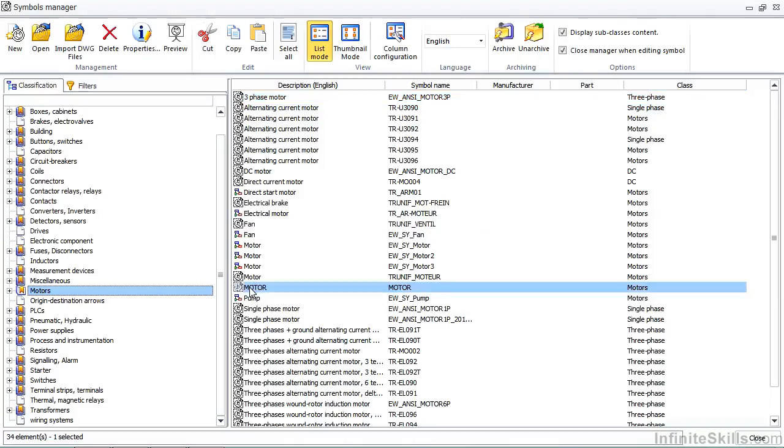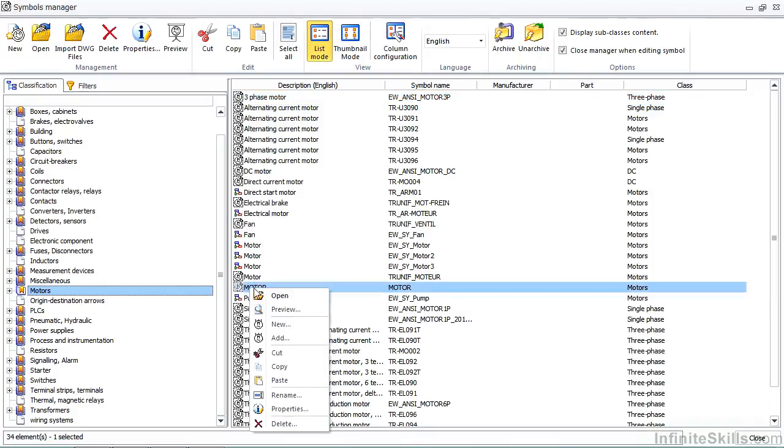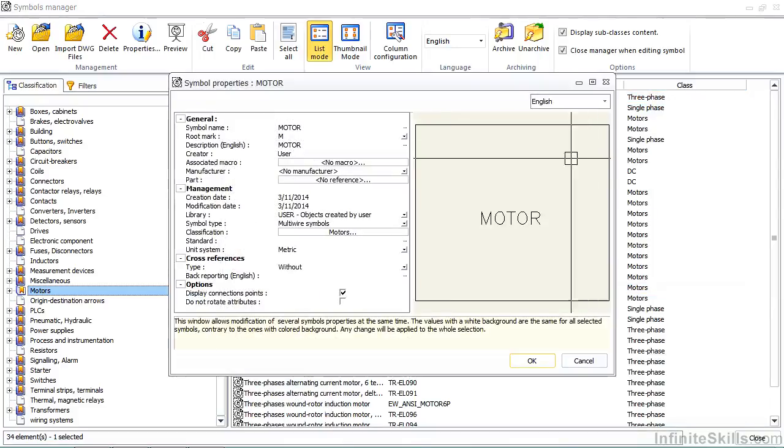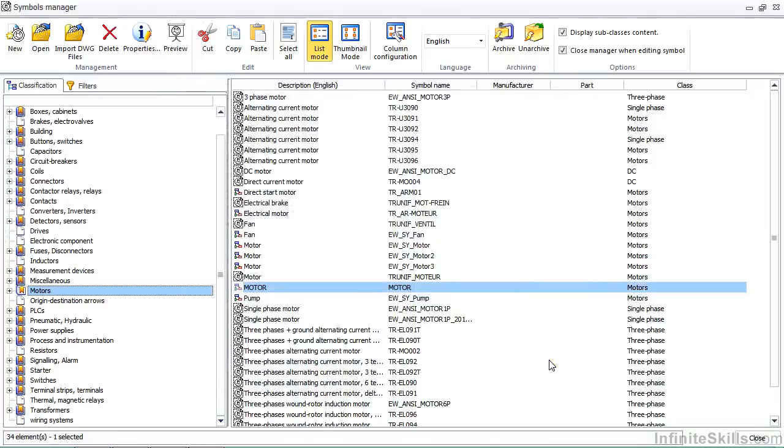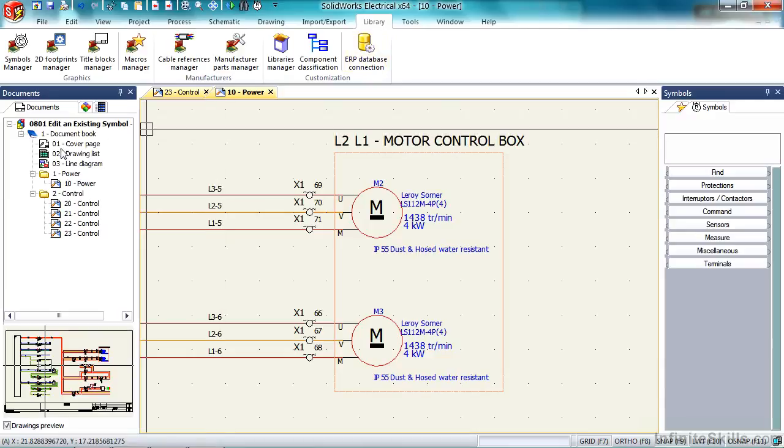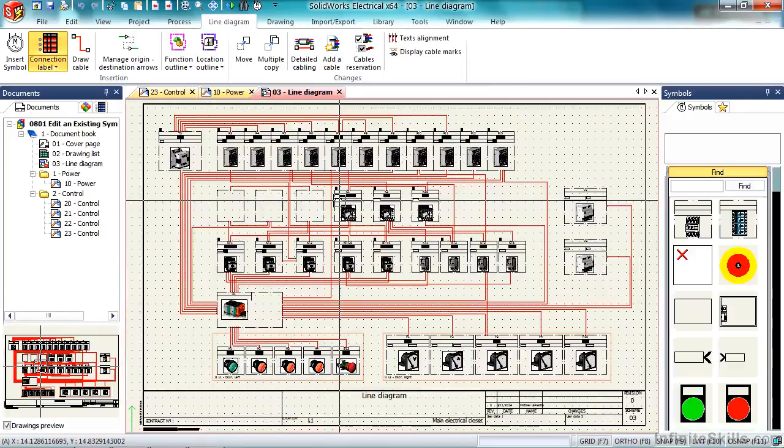Here is the symbol that I'm working on in uppercase. We'll go to Properties. There's the preview. We're going to set it to be a single line symbol. Excellent. If we close that out, go to our line diagram, I can go ahead and insert, under Insert Symbol,